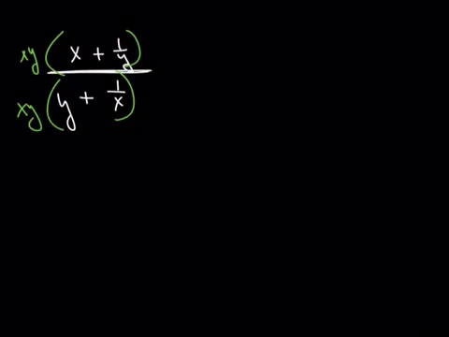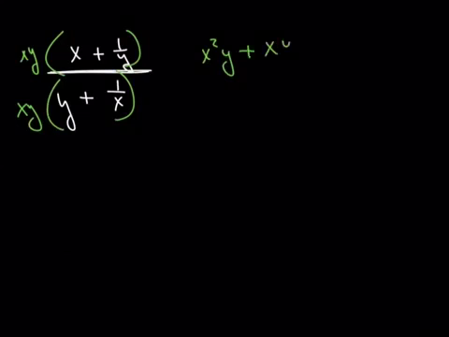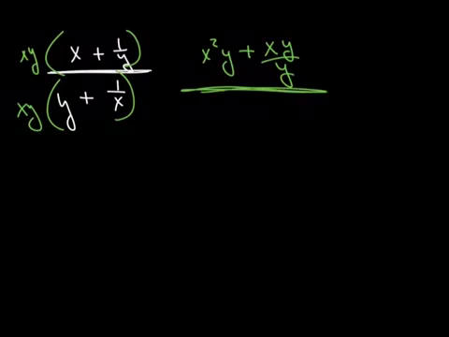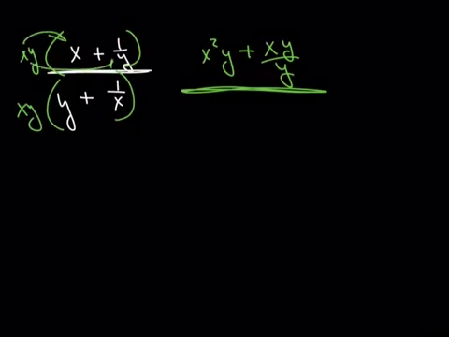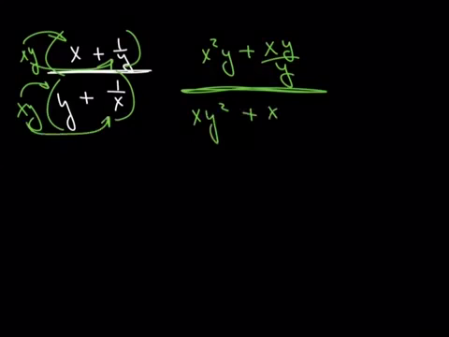All right, so let's distribute. xy times x is x squared y plus xy over y. Okay, so that's this, and then I multiply it by this. Now let's do this one. xy squared plus xy over x. Okay? Looks a little rough there, but it's really not too bad, because what can we do here? I have a y here and a y here. I have an x here and an x here. So now I have on the top